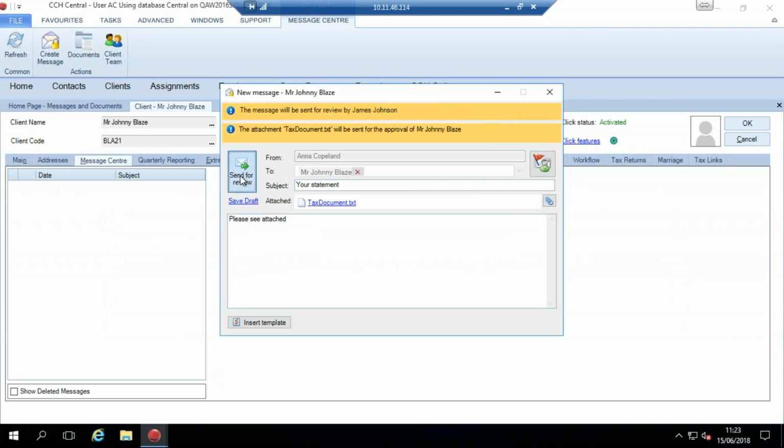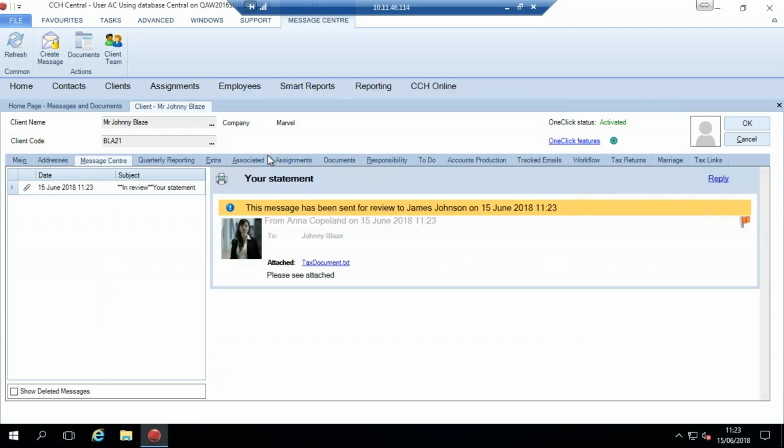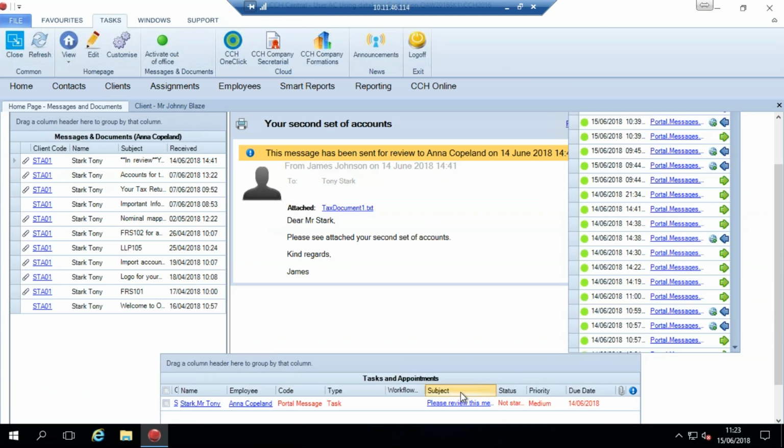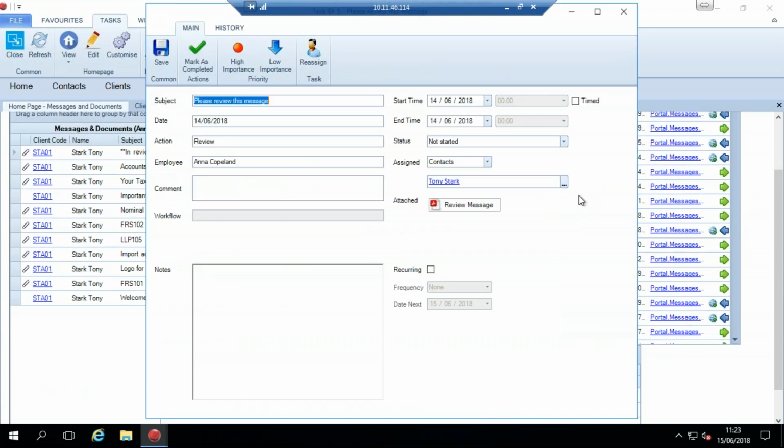If I go ahead and then send it, what will happen at this point is it doesn't send it to the client yet. It's been marked as sent for review so that James Johnson can review it. And I'll go to that one that I created previously. So if I go into here, okay, so I received, as Anna, who's the employee I'm logged in as,